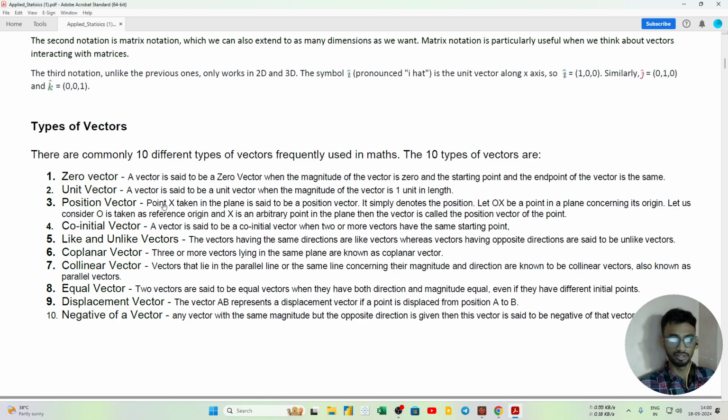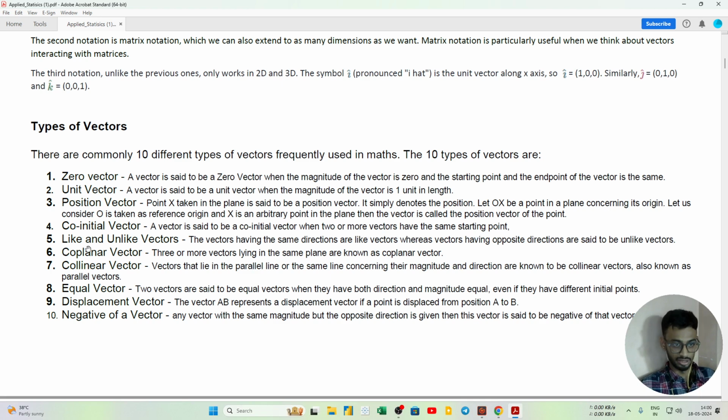And the position vector: let's suppose point X taken in a plane is said to be a position vector. It simply denotes the position. Let O and X be points in a plane. Let us consider O as the reference origin and X as an arbitrary point in the plane. Then the vector is called the position vector of a point. Co-initial vector: a vector is said to be co-initial when two or more vectors have the same starting